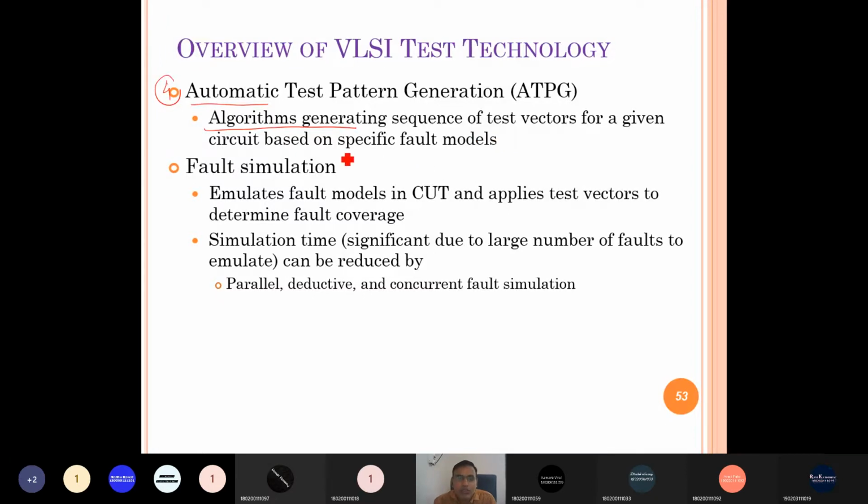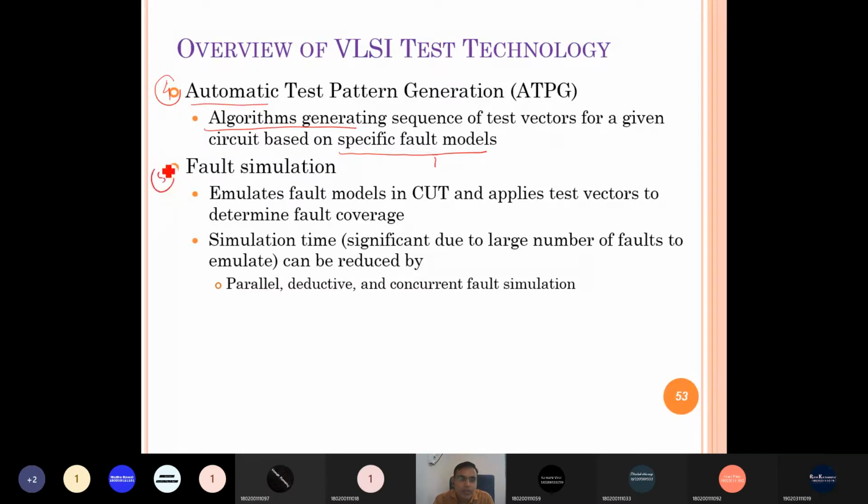So based on the DUT, it prepares a fault model, and based on that fault model it generates test patterns that can detect all possible faults of the DUT. That is the task of the automatic test pattern generator. It is one part of the automatic test equipment, right? And it is highly costly equipment.